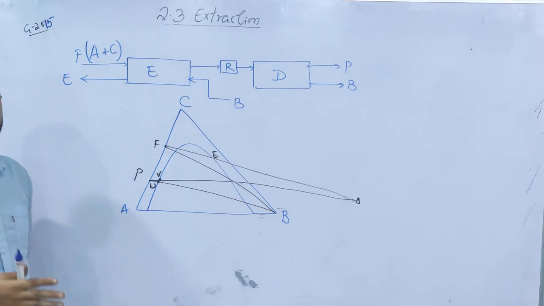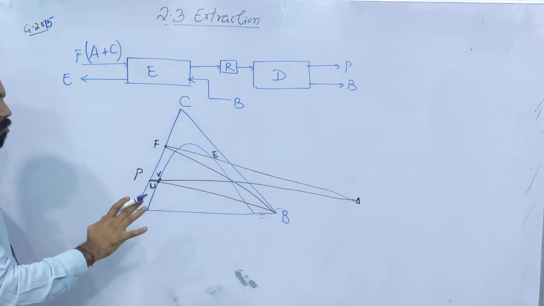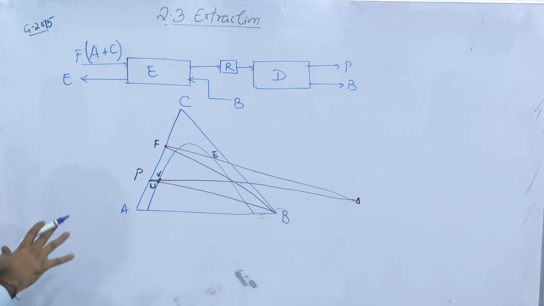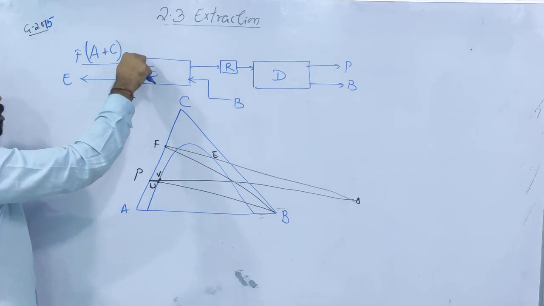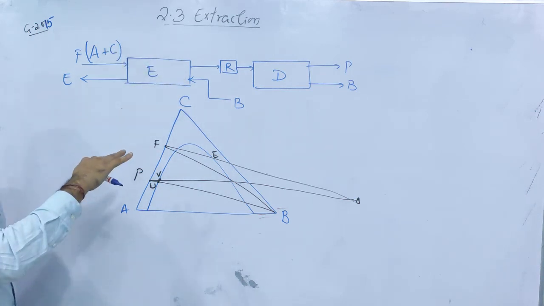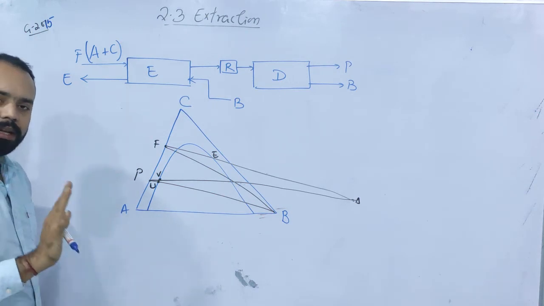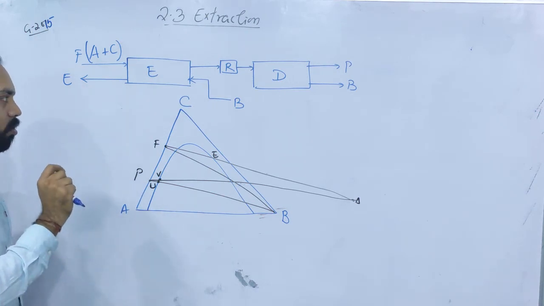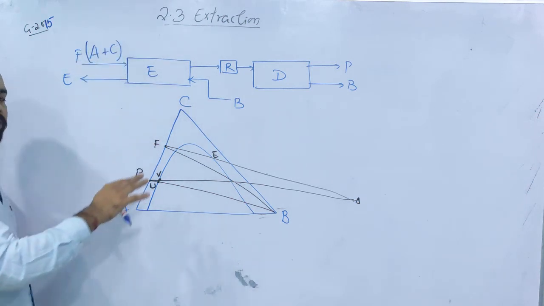So, always read the problem, do not assume anything, right? And solvent is B, right? So, as we have discussed in the lecture, the same notations are used in extraction, and in this problem, they are miscible. Even if it is not mentioned, they are miscible. They are using a triangular diagram, which means that they are partially miscible, right? A triangular diagram is only used if the carrier and the solvent are partially